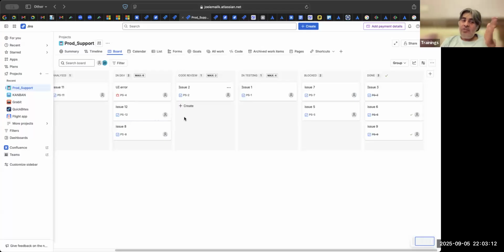But see, I'll give you a very simple logic. The reward of good work is more work. There's a very famous saying, the reward of good work is more work. So if you are an average Scrum Master, you will get only 1 or 2 teams. If you become good, you can get 1 more. If you become very good, you can get 1 more. So the reward of good work is more work. This is how the world works.